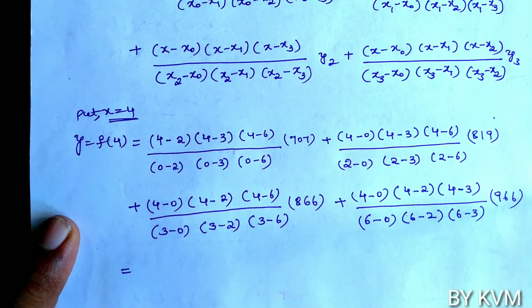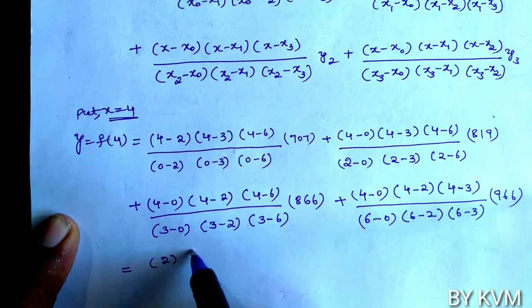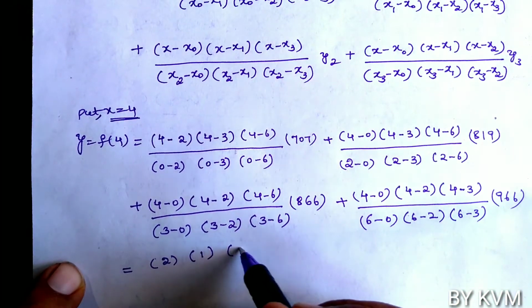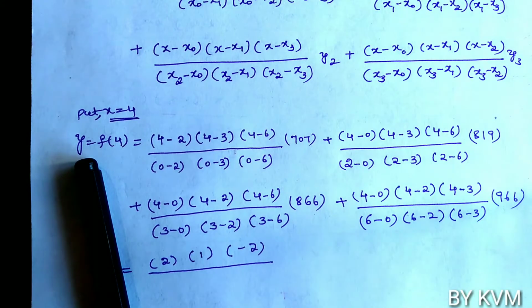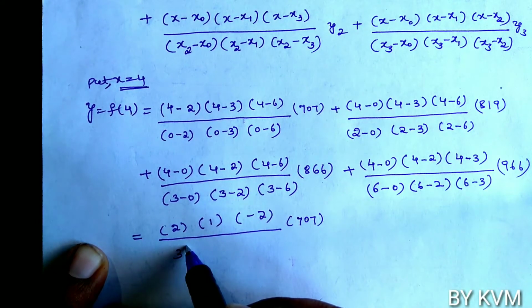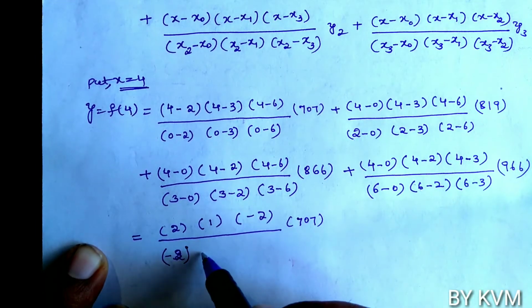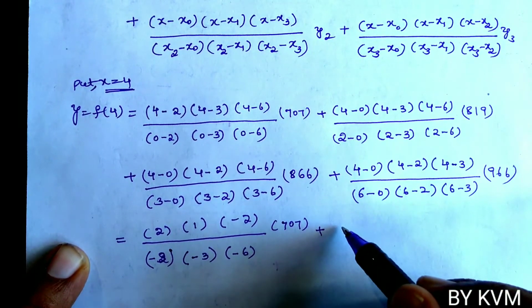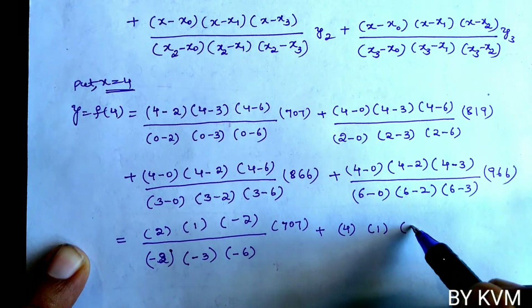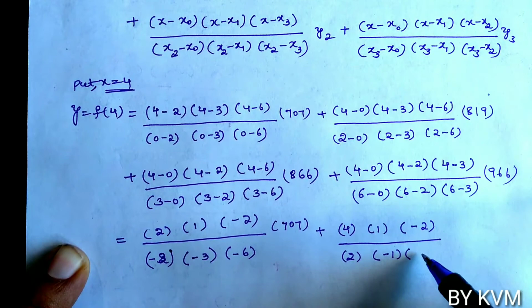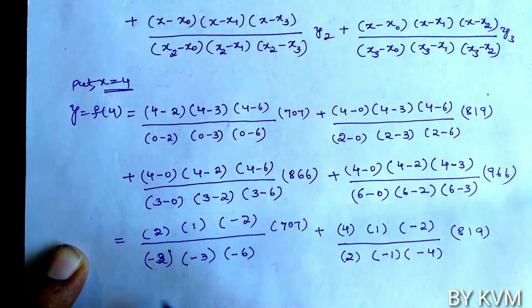Now simplify each term separately. So 4 minus 2 is 2 into 1 into minus 2 into 707 by 3 into 0 minus 2 is minus 2, then minus 3 into minus 6. Now simplify the second term. Second term is 4 into 1 into minus 2 by 2 minus 0, 2 minus 3 is minus 1, 2 minus 6 is minus 4, into 819, plus third term